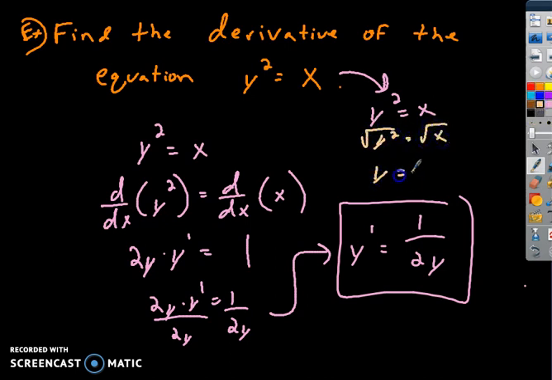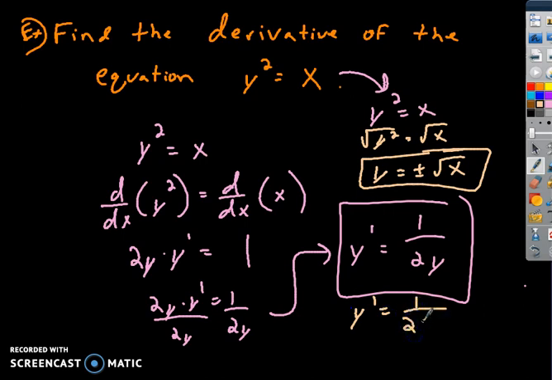And you get y equals positive or negative square root of x. So y has two different parts to it, a positive square root of x and a negative square root of x. So if I want to replace y, I could rewrite this as y prime equals 1 over 2 square root of x,